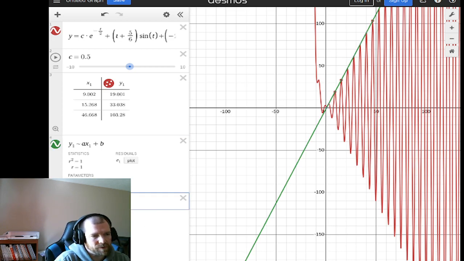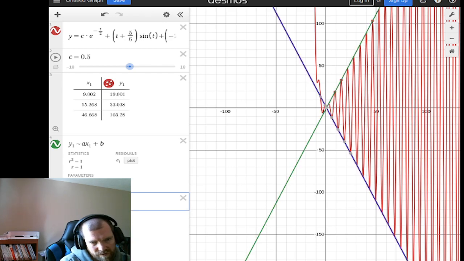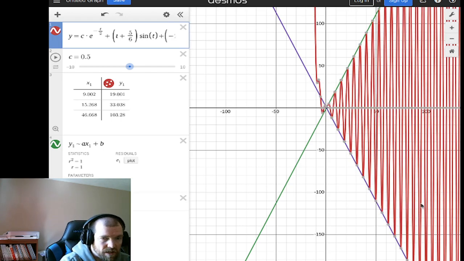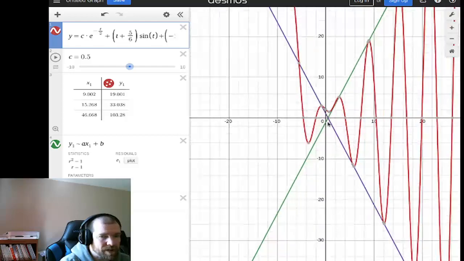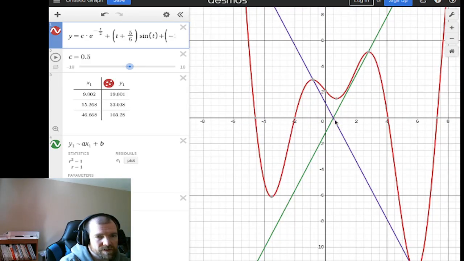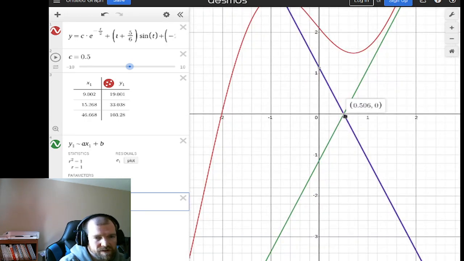But if we went like y equals ax plus b, that would at least get us the actual line that's in there. And then I'm wondering if I can make this just negative of everything. Does that give us the lower ones? It's at the very least close enough that it's not going to matter. So that's the line that crosses through this point, 0.506, comma 0. I'm trying to see if there's like a significance with that particular number. I'm not seeing one. I don't think it is, but